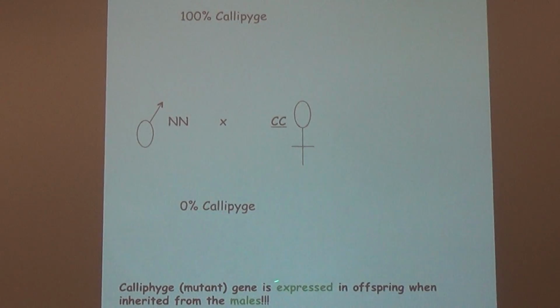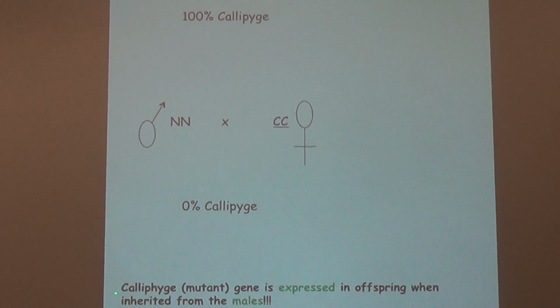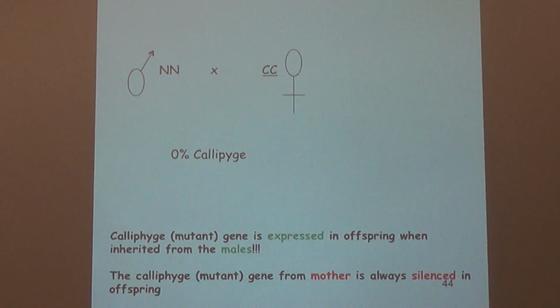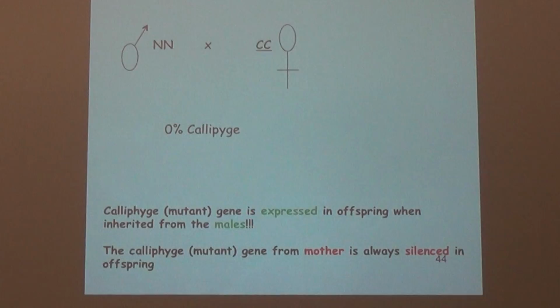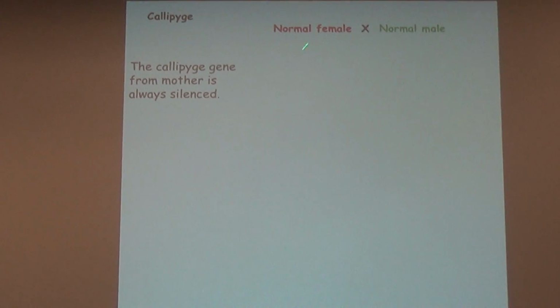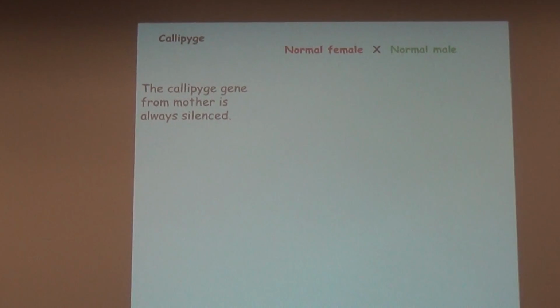So the mutant gene is expressed in offspring when it is inherited from the male. The mutant gene from the mother is always silenced. So if you do a cross of a normal female with a normal male,